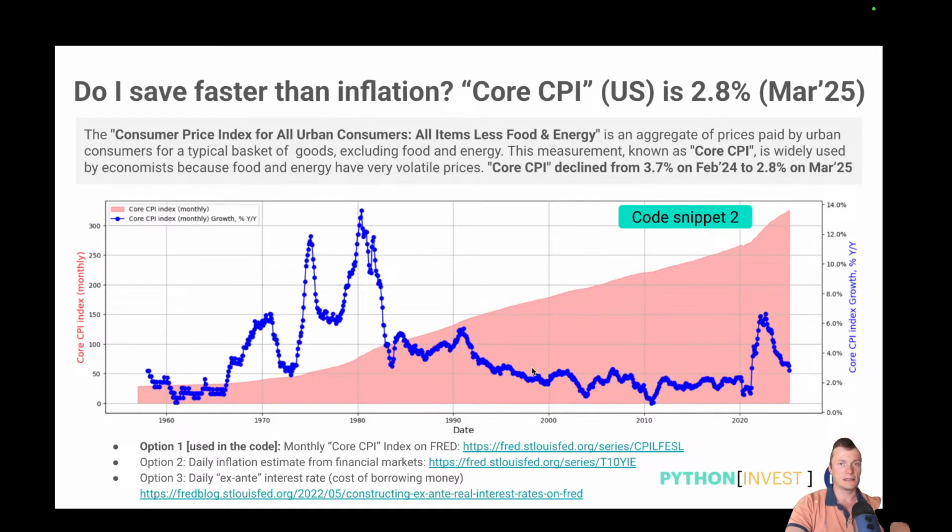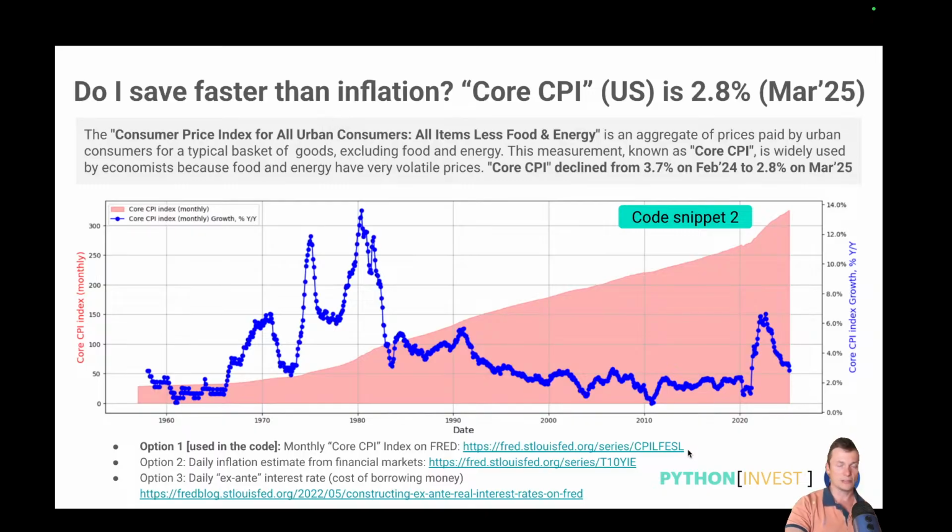Then the next thing is inflation. Most of you know that all prices are constantly growing, and if you do nothing, you're just losing money because you can buy less food or fewer things with the money that you have. So that's why we track inflation. And there is a specific metric on FRED. You can see these links, so you can download this metric in exactly the same way that I showed you previously. You just substitute the metric name and you get the data for that metric.